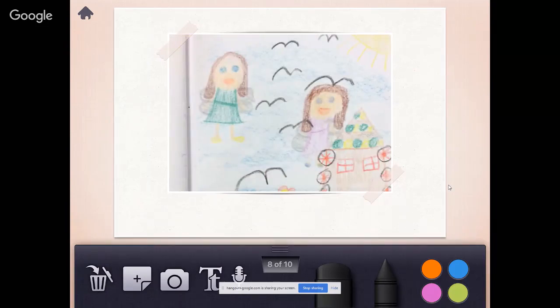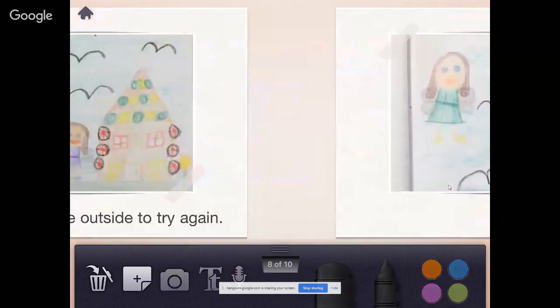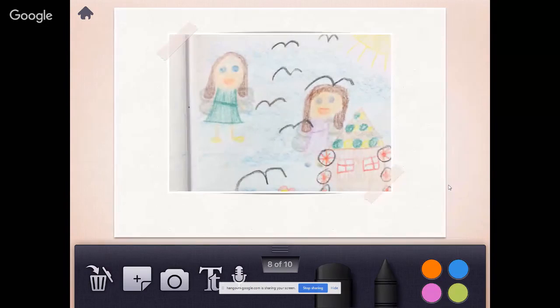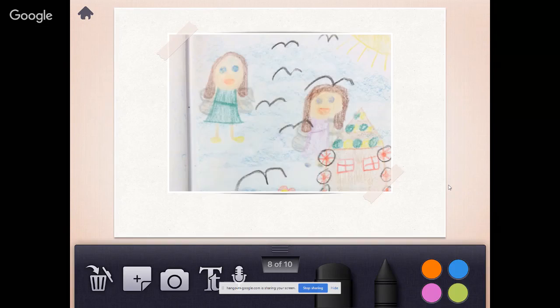This one I'm going to record so that I can use some exciting words. So I press the microphone at the bottom. I'm going to hit the red record button. Rose did it. She flew all around. And again, remember, if you click the microphone, the actual speaker button, you can hear your voice before you click out of it. So you can see if you like how it sounds or if you don't.